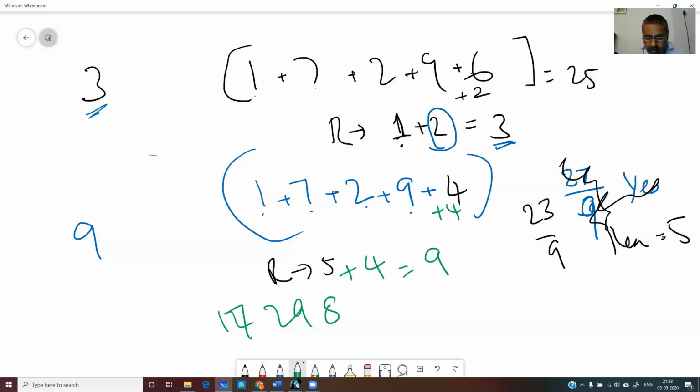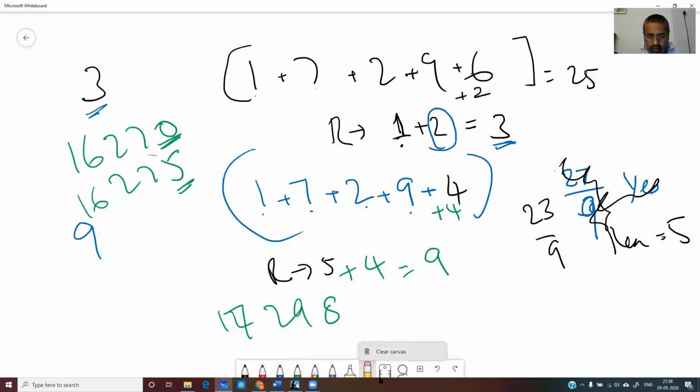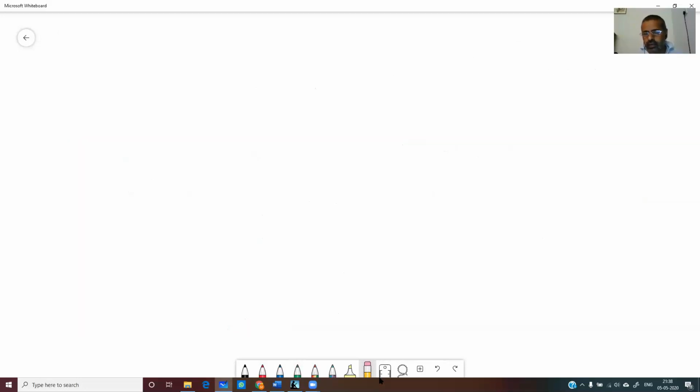And there's one more rule for 5. What is the rule for 5? The last digit should either be 0 or 5. For example, 16270 is divisible by 5, and so is 16275. The last digit should either be 0 or 5. These are the major ones that you generally come across: 2, 4, then 8, then you have 3, 9, and then there is one more, which I think I'll go slowly because this is important. Others, I think most people know these things.